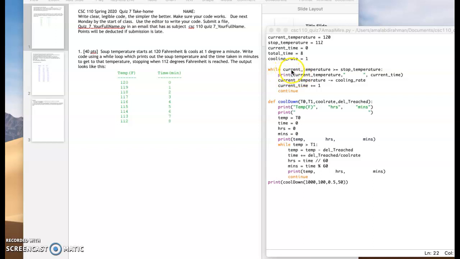So I'm going to say, while current temperature, which is 120, is greater than or equal to 112, which is the stop temperature, I'm going to print out the current temperature, which is 120, and the current time, which is 0 to 8. Then I'm going to take the current temperature and